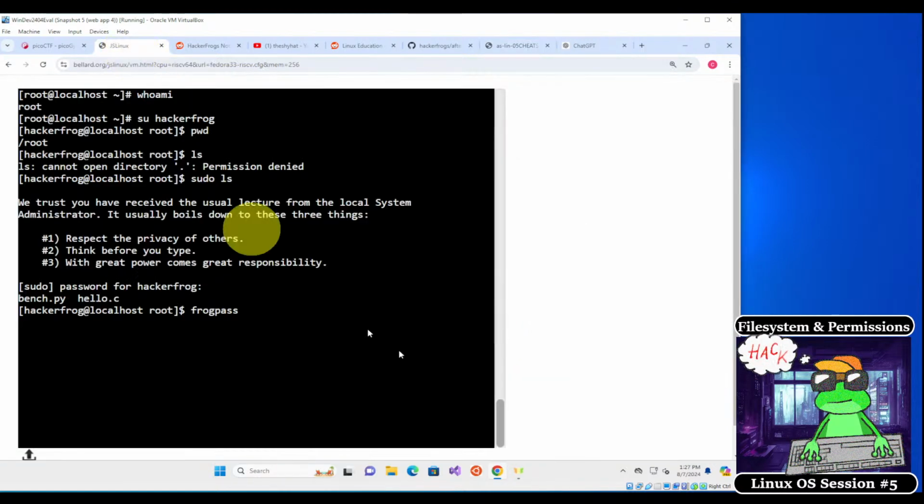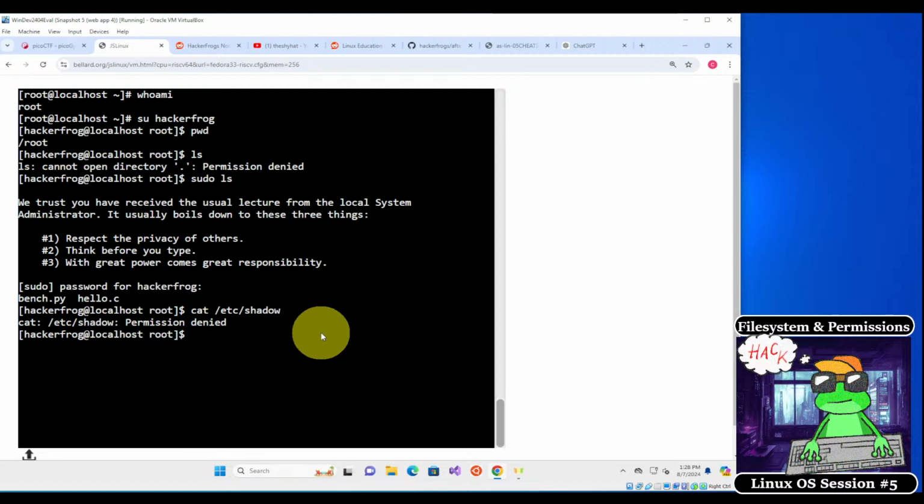So one more example. There's a special file inside of Linux systems called the shadow file. So it's going to be cat /etc/shadow. This file contains the password hashes for all of the users on the system. So let me demonstrate. When we try to read this file, /etc/shadow, as a regular user, we're not going to be able to, because this shadow file is owned by the root user. So we can get around this the same way. We just run the same command, but we use sudo in front of it. So if we run this,